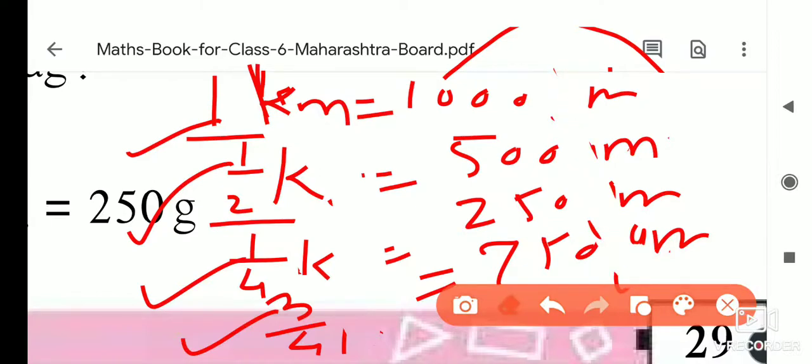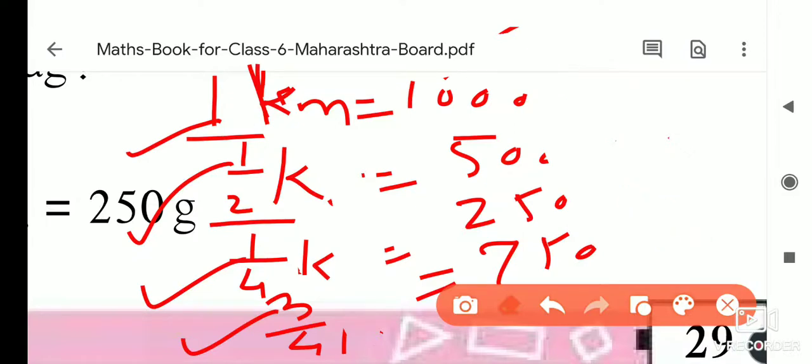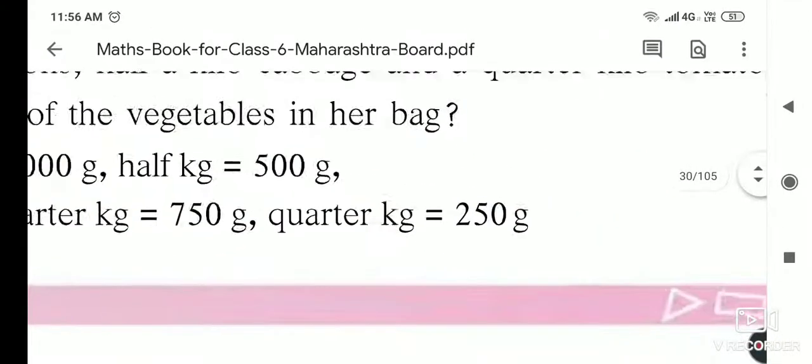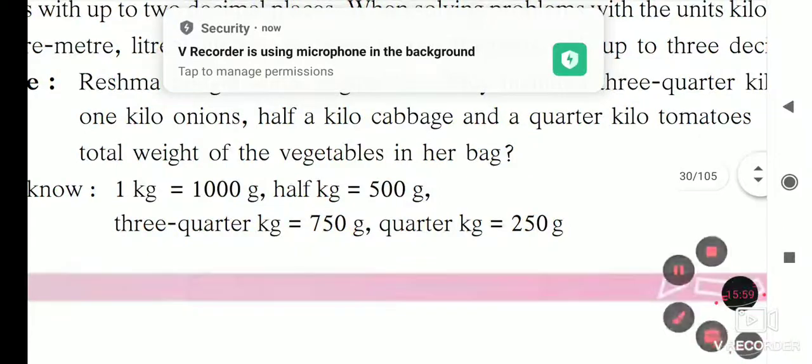Changes, where are the changes that I am showing to you? Okay, so here the changes are. See here, first change: I showed you kgs, liters, now I will show you the kilometer. So 1 kilometer is 1000 meter, half kilometer is 500 meter, quarter kilometer is 250 meter, 3/4 kilometer is 750 meter. So what we are changing, once you learn this you have to change the unit from that places only, and this is the same. So you have to learn it perfectly.